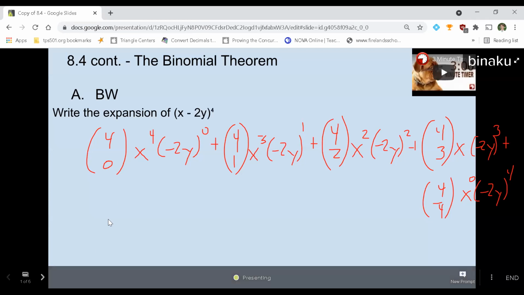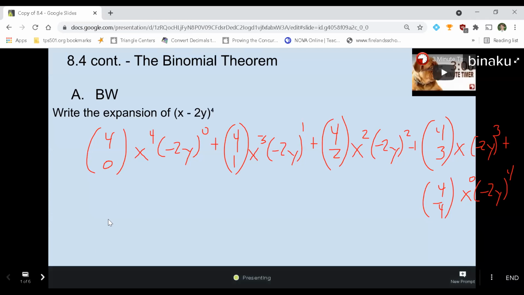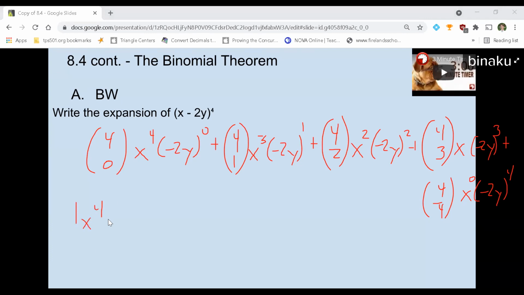The first one is just 1. Right, 4 choose 0, x to the 4th. And then negative 2y to the 0 is also 1. 4 choose 1 is, now that one you might need a calculator for. Oh, probably not, to be honest. You get 4